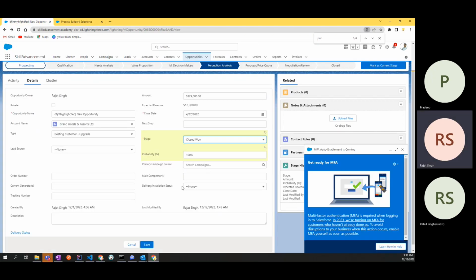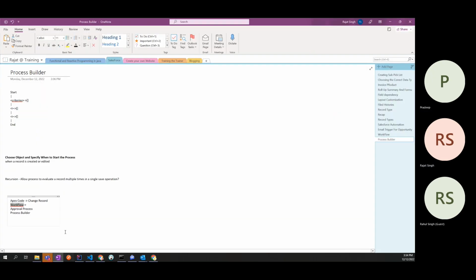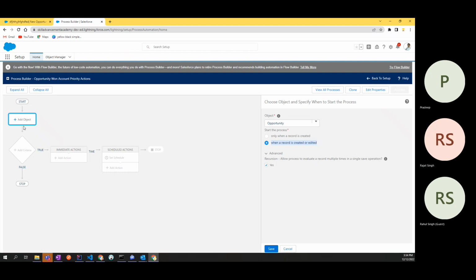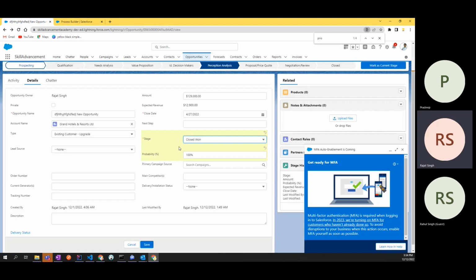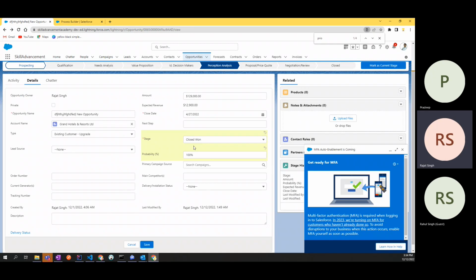So what we have to do, एक बार क्या हुआ, हमने वर्कफ्लो ने किसी को चेंज किया, जब कोई भी प्रोसेस इसको चेंज करेगा, तब तक ये वेट करेगा और फिर इवेल्युएट करेगा कि इसका कंडीशन मीट हो रहा है कि नहीं। चाहे वो वर्कफ्लो हो, चाहे अप्रूवल प्रोसेस हो, चाहे एपेक्स कोड हो, किसी ने भी अगर इस ऑब्जेक्ट को चेंज किया, ठीक है, उसके बाद हमारा ये प्रोसेस जो है, it will just check whether it is changed or not, and then it will just trigger on it।